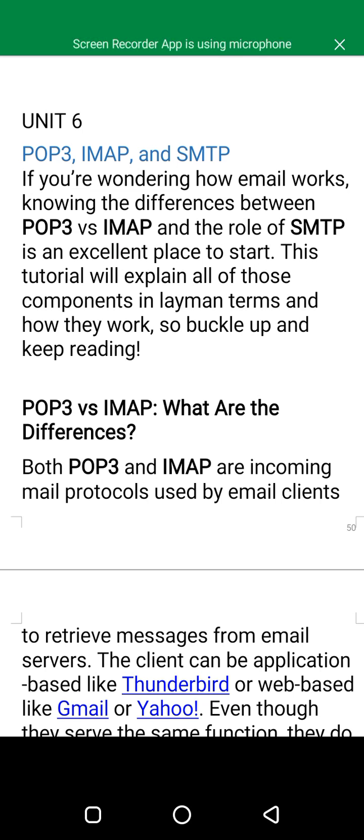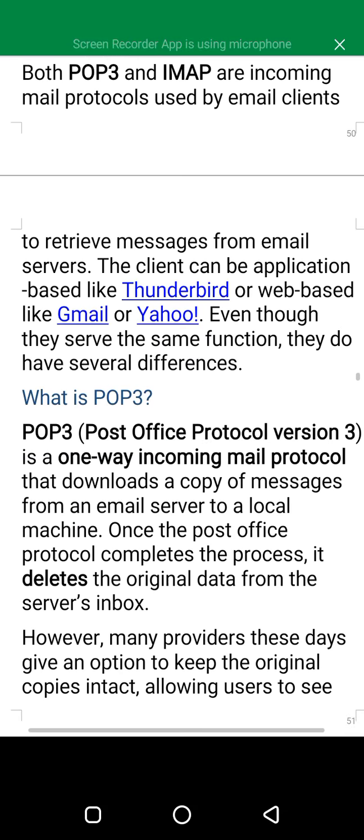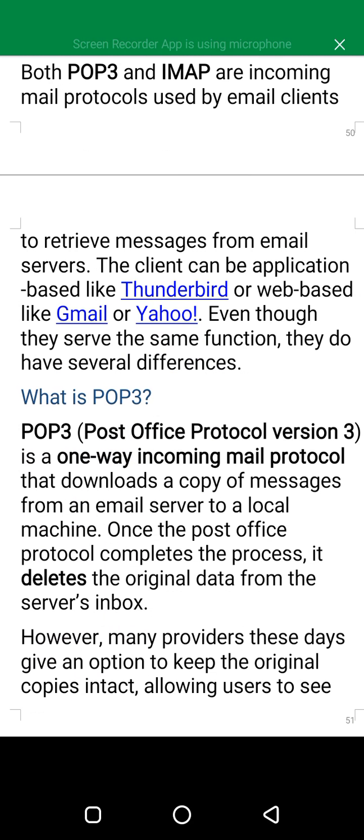POP3 versus IMAP. What are the differences? Both POP3 and IMAP are incoming mail protocols used by email clients to retrieve messages from email servers. The client can be application based like Thunderbird, which is a software, or the client can be web based like Gmail or Yahoo.